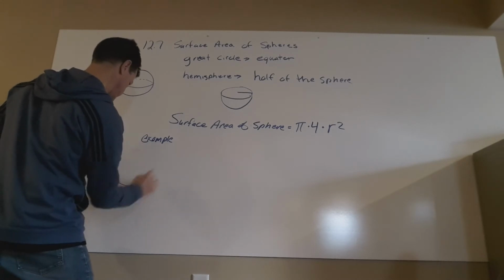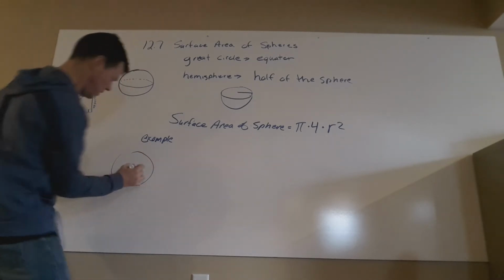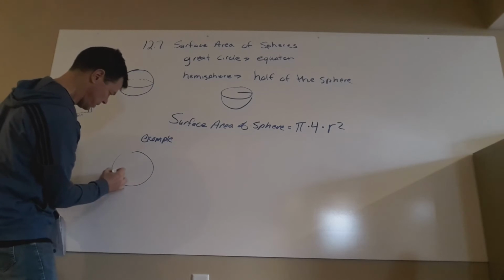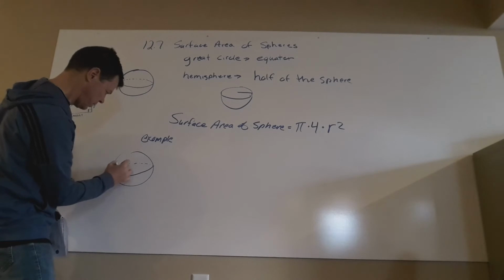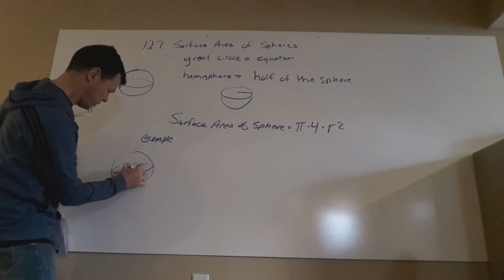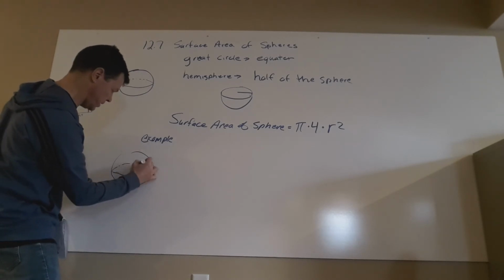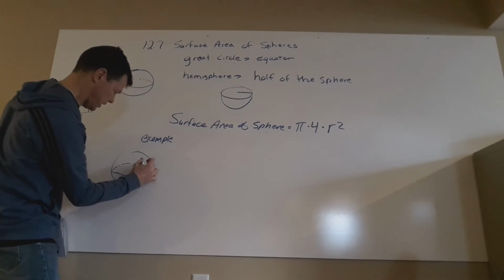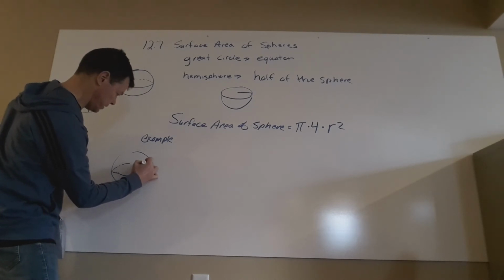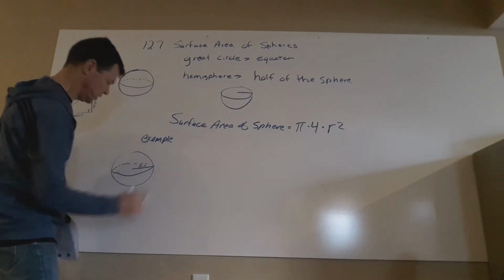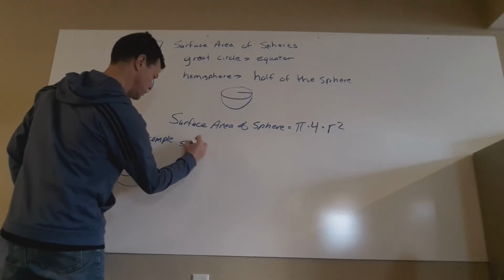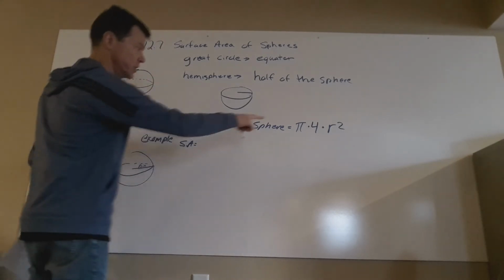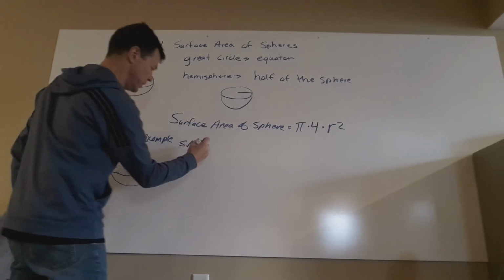Let's say we are looking at this sphere. Here is our great circle, and on that great circle, right here's our radius. We'll say it's like a basketball, and the radius is 6 inches. So the surface area, using this formula, pi times 4 times radius squared,